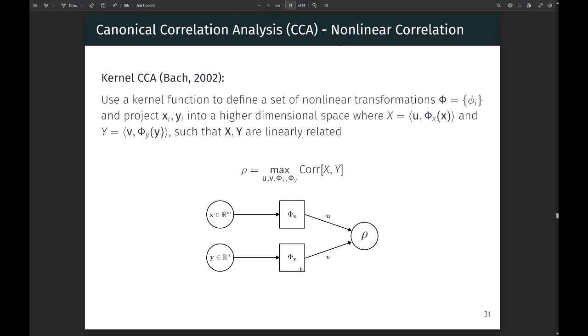We need nonlinear. So I'm going to skip a whole bunch of in-between literature, but look at something a bit more recent, which was from machine learning, which is, well, what happens if we just increase the library of functions we're looking at, and we try to find the best nonlinear function of the input x, the best nonlinear function of input y, and also the best weight vectors that can be used to maximize a linear correlation. What we're doing here is dealing with the nonlinearity beforehand, such that these two combined form two separate auxiliary variables x and y, which hopefully are linearly correlated